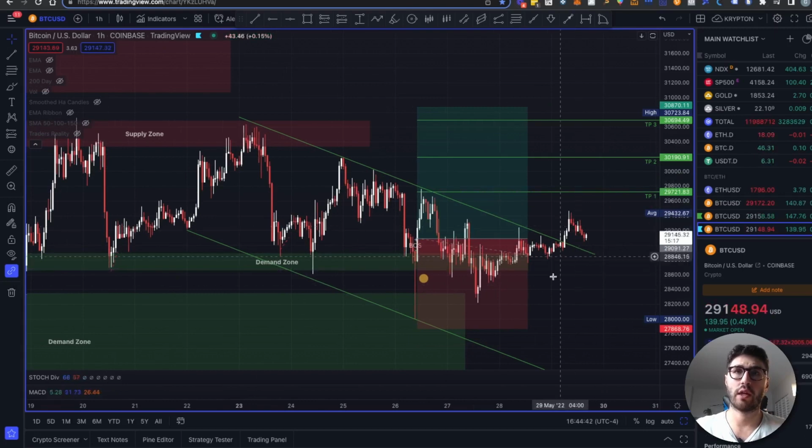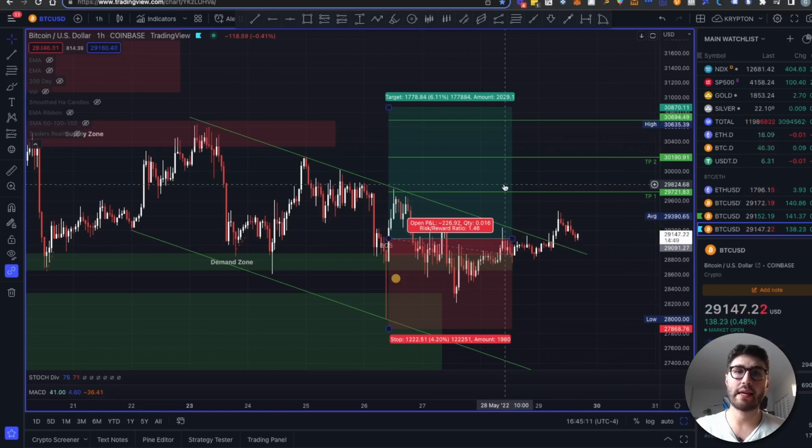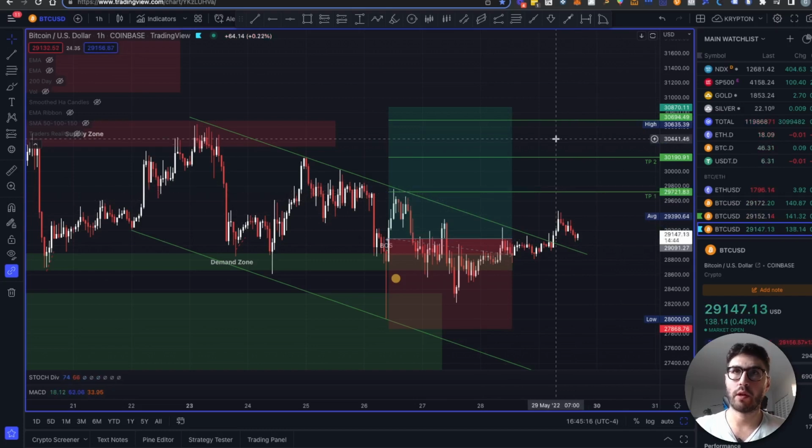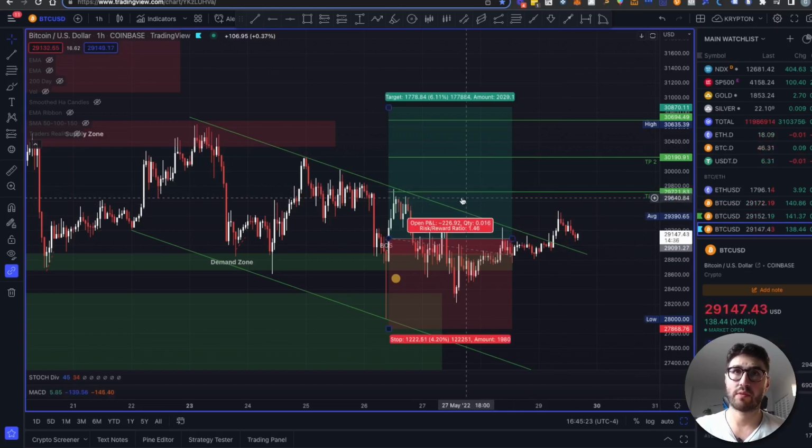My trading plan was to enter a break of structure after the price reached a demand zone. Let's say that we entered this trade right here and we're risking 1% of the account. We have our take profits already set up in our broker, so there won't be any guesswork in understanding, oh, should I keep the trade open? Should I close it? No, I know, based on this trading plan, that I will take my first profit